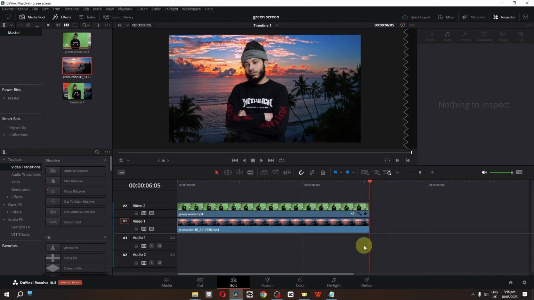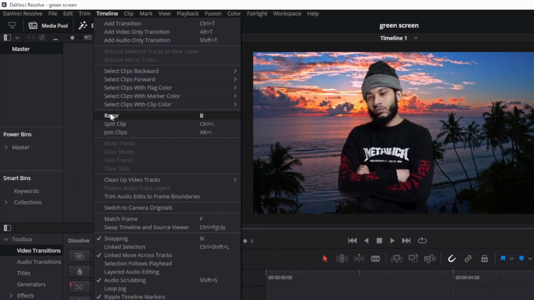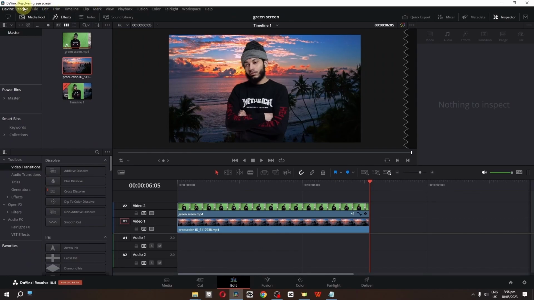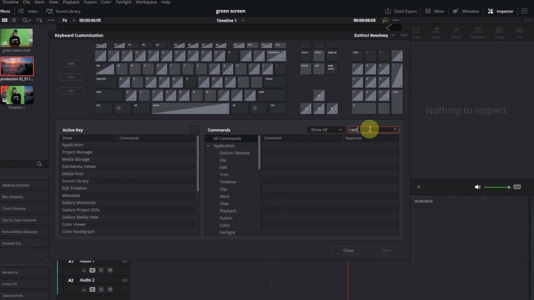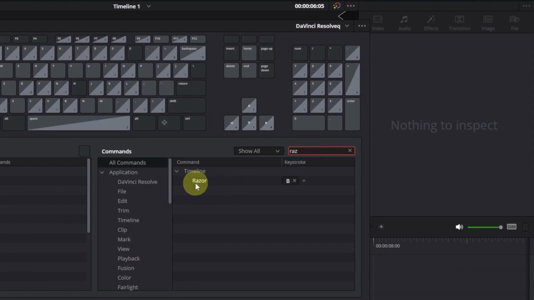Now if you want to use this razor tool, just like I did, you can go to the timeline and select this razor tool, whose keyboard shortcut is B. Now we can go to DaVinci Resolve, select keyboard customization, and in keyboard customization we can select razor tool. And now as you can see guys, we have this razor, we can set its keyboard shortcut right